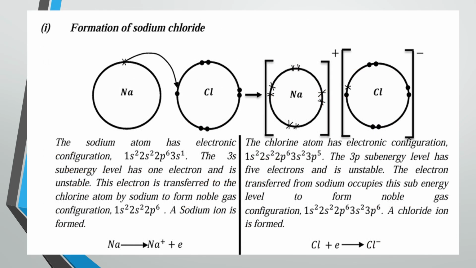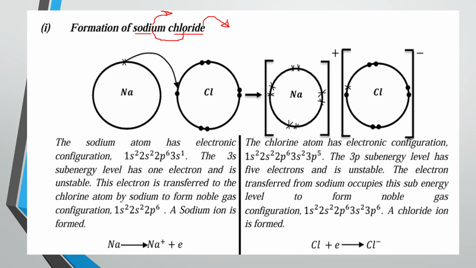So let's look at one example under which an ionic bond or an ionic compound is formed. For an ionic compound to be formed, you need to have a metal together with a non-metal. Chloride is a derivative of chlorine, which is a non-metal. Sodium is a derivative of the sodium element, which is a metal. These two, sodium and chlorine, share electrons between themselves to form an ionic bond, which gives an ionic compound